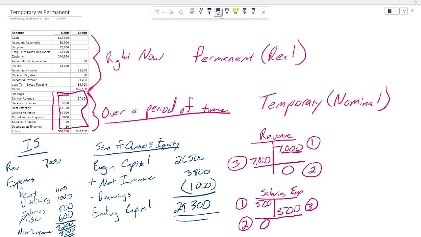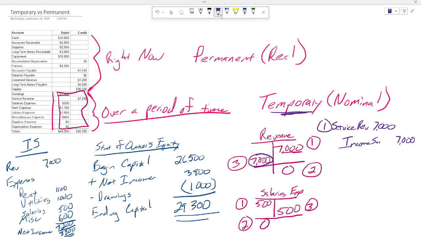All right, the first step is to reset the revenue account. We already said we need to debit the revenue account. So we are going to debit service revenue, $7,000. What do we credit? We are going to use an account that exists for a very brief period of time. It is called income summary.